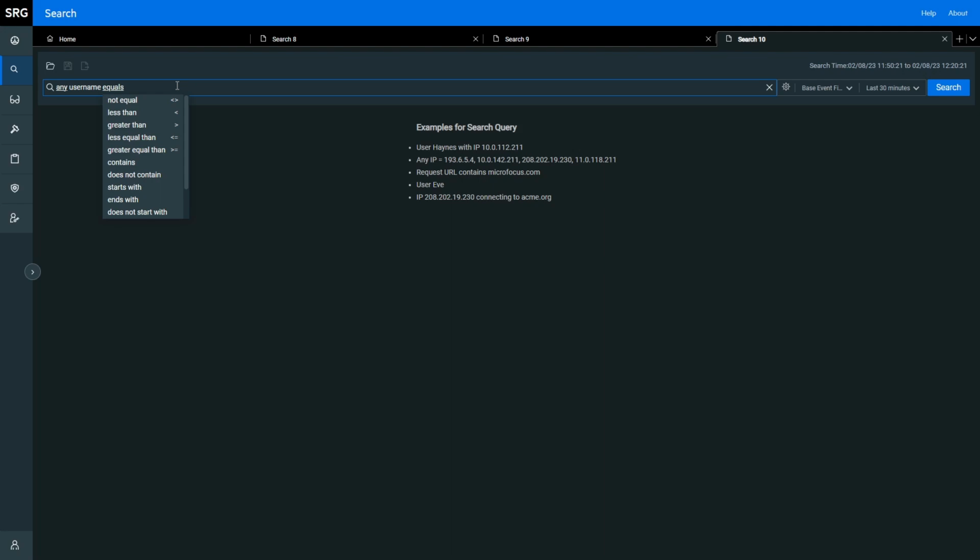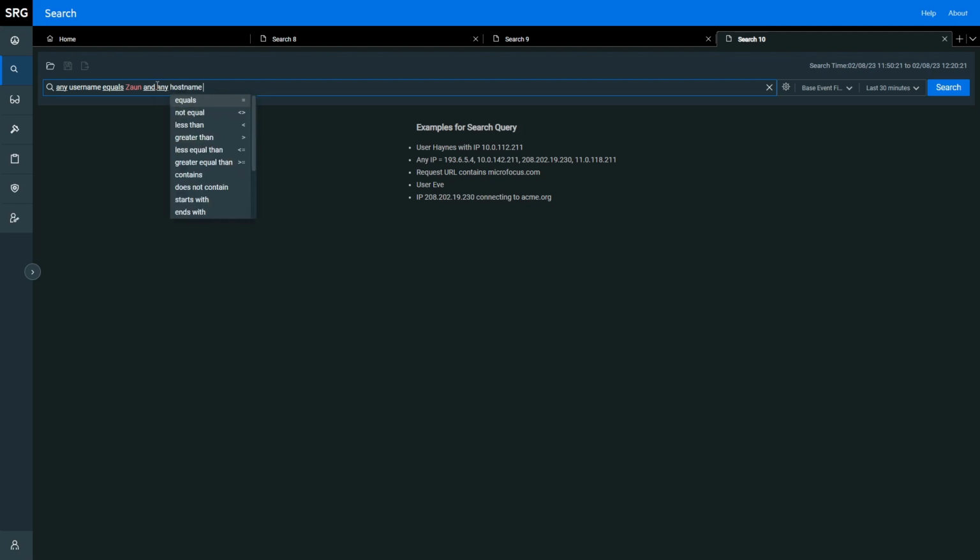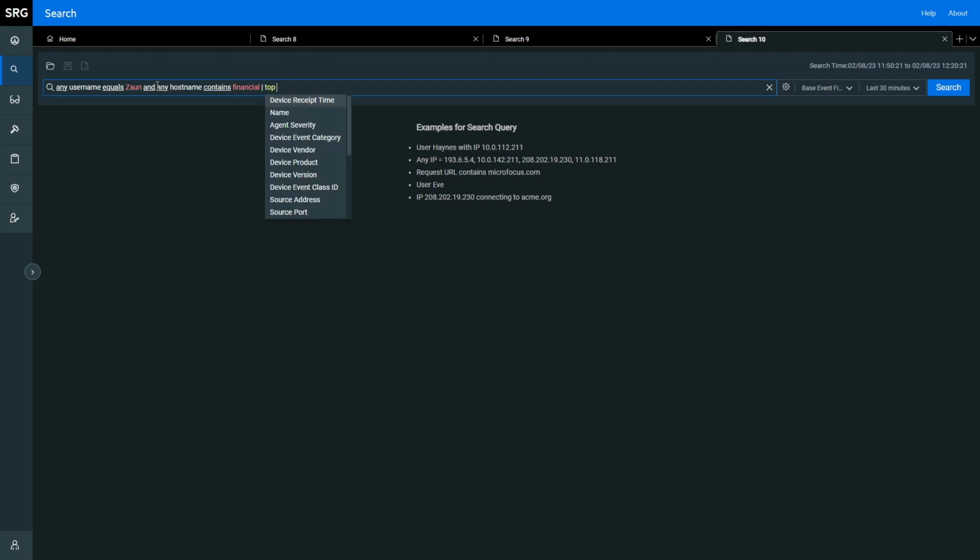I can use my natural language like search to say if I see any username that equals the username in this case, and any event taking place on hosts in my financial network, and then I can use my top operator to look at what sort of operations that user has been performing